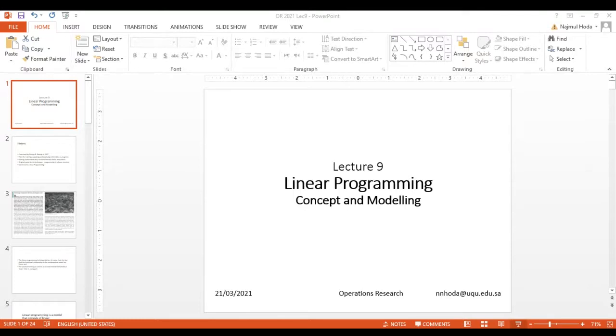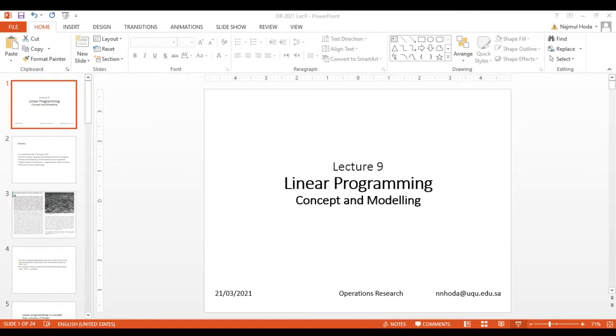So we'll go and learn that term in detail very soon. But just for an introduction, we should know that the main feature of this type of problem in management science or operations research is that there is a linear relationship and there are linear equations. So that's why it has got the name